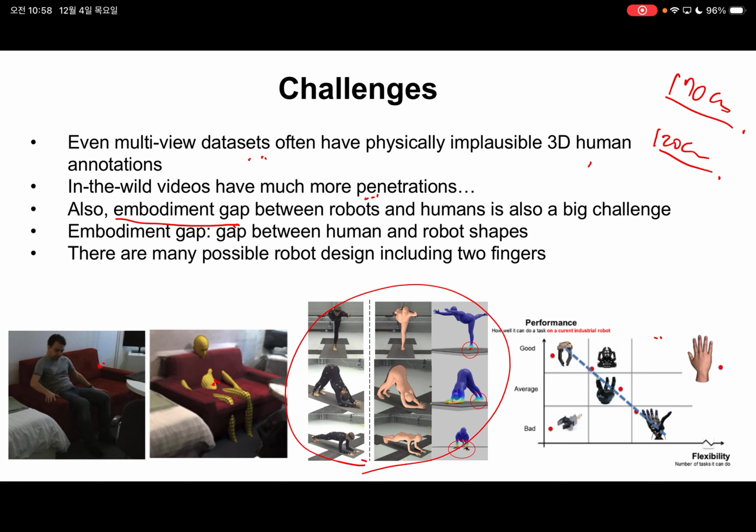There are many types of hands in robots: 2-finger hand, 3-finger hand, 4-finger hand. Of course, if we can design a 5-finger hand, that might be better. But the problem is that controlling 5-finger hands properly is very difficult. So in many industries, people just use 2-finger hands because they are easy to control. Or maybe if we can design a 10-finger hand. We are not sure what the optimal design is, but